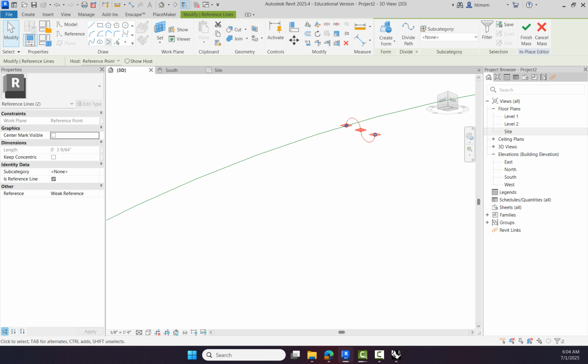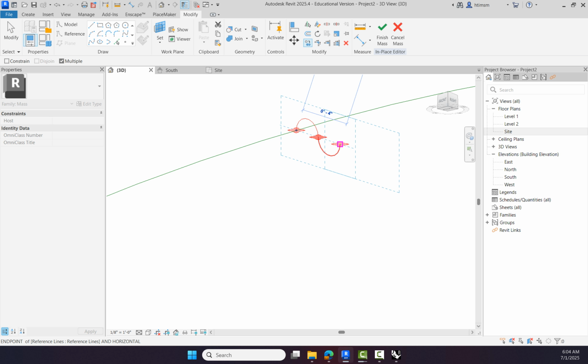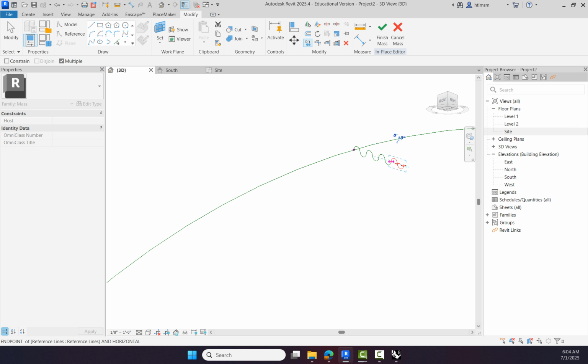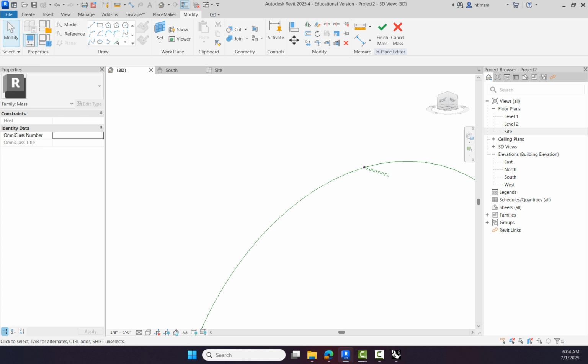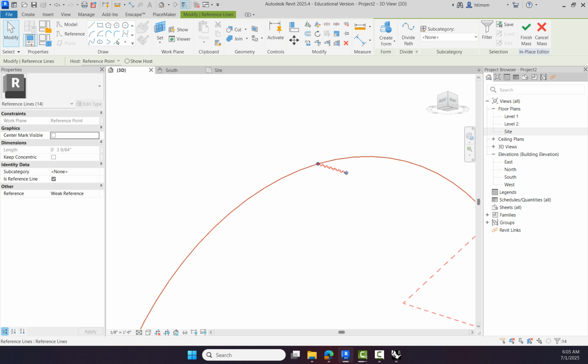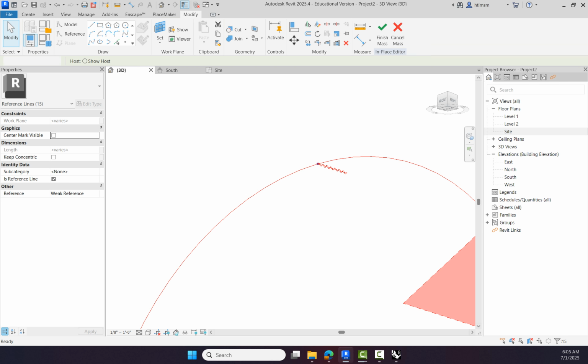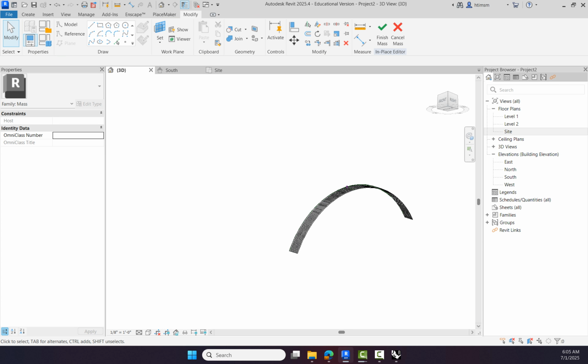Now the thing about the masses is it doesn't need to be a closed piece. So then you would just copy that however much you need, and then you should be able to pick this and pick that and create form. And it'll create that